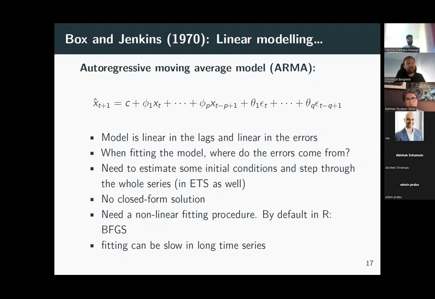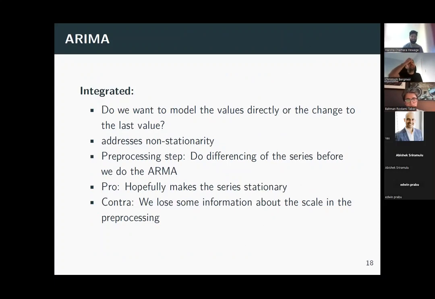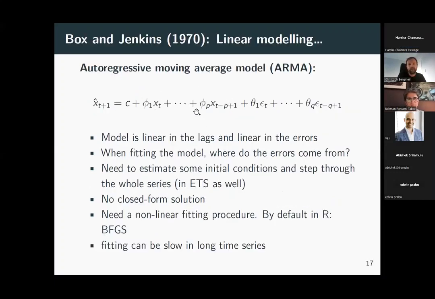So for me, when people say, well, it's a linear model, well, you fit it as a nonlinear model. And it's certainly not linear in the time steps. So yeah, I never liked this sentence. Okay, anyway, so basically this part here is the AR part, the linear model over the lags. The linear model over the errors, that's called the MA part.